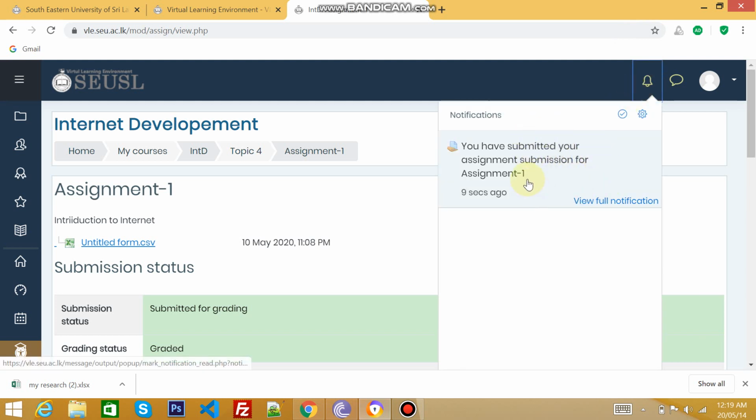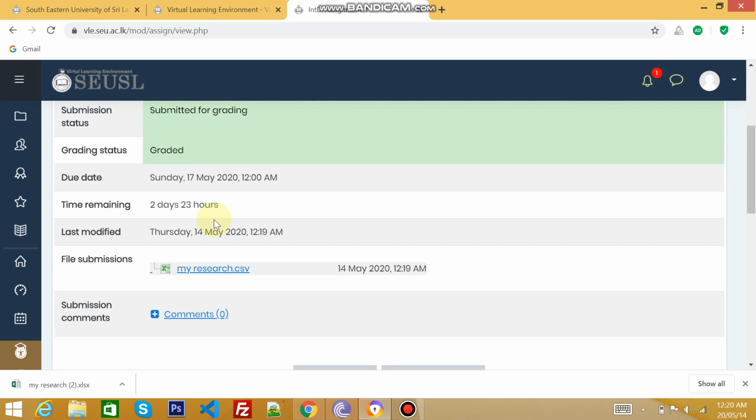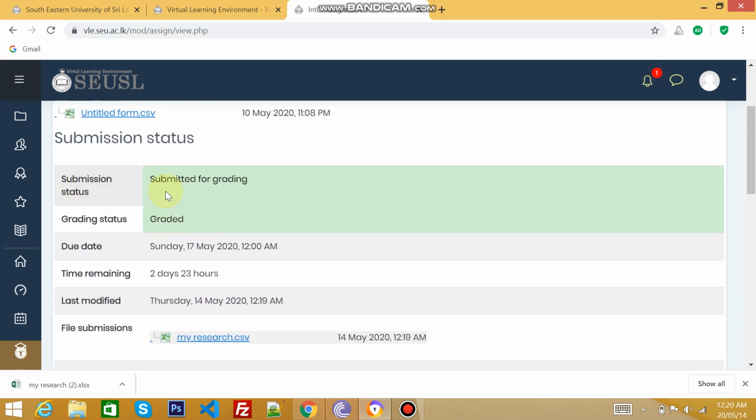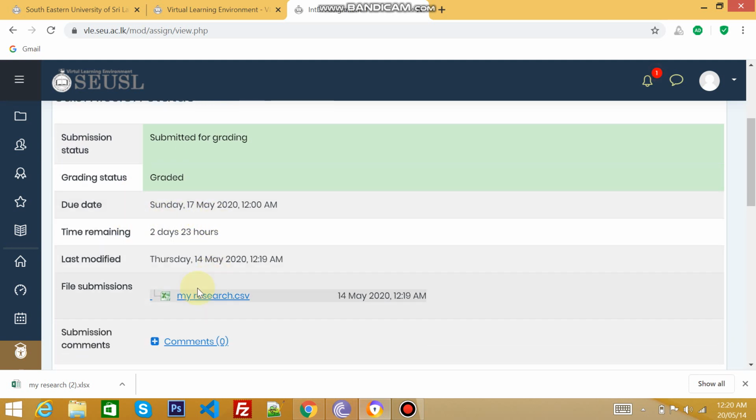See, it is saying you have submitted your assignment submission for assignment 1. That means you have submitted this assignment, sent to your lecturer for the review or correction. So this is the summary page: the submission status, when you submitted, what the due date is, and the file you submitted a while ago.